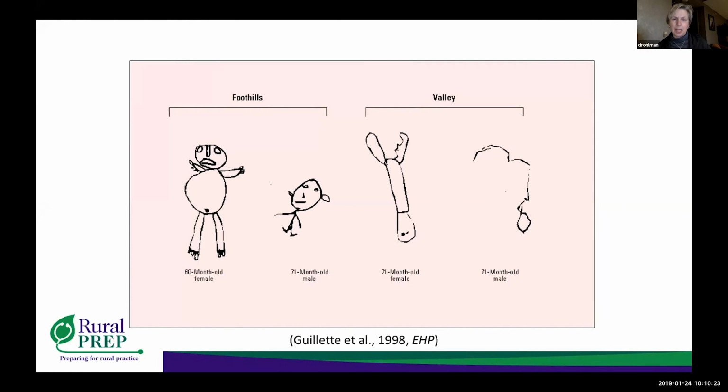But I wanted to start off with this picture. In 1998, this picture was on the cover of Environmental Health Perspectives. And it's a picture from a study that was done by Buzzy, or Elizabeth Gillette. And she was an anthropologist, and she went to Mexico and looked at preschool children and their pesticide exposure. So she had two groups of children, one living in the foothills and one living in the valley, complete a